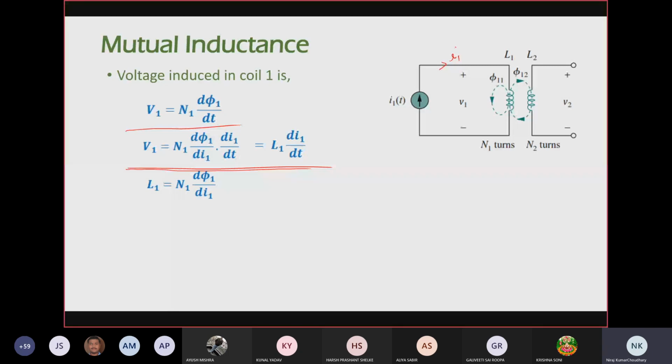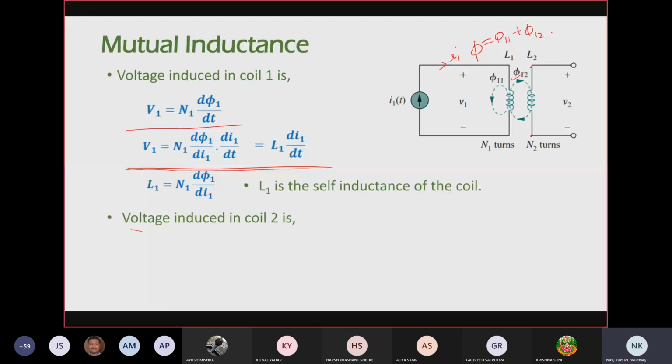Now if we want to calculate the voltage induced in the second coil due to the flux linkage phi12, अब phi12 क्या है? This is basically the component of total flux, right, which is phi11 plus phi12। If there is flux linkage with the second coil, then obviously there will be some induced EMF across the second coil also because of the Faraday's law of electromagnetic induction. So now voltage induced in the second coil will be how much? This will be V2 is equal to N2 d phi 12 by dt।